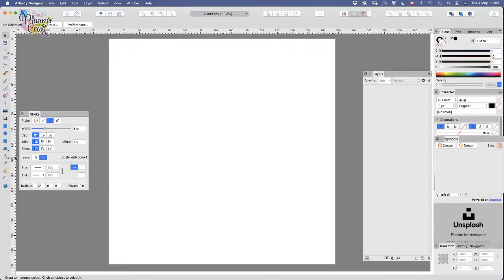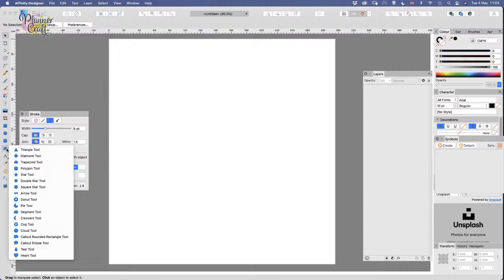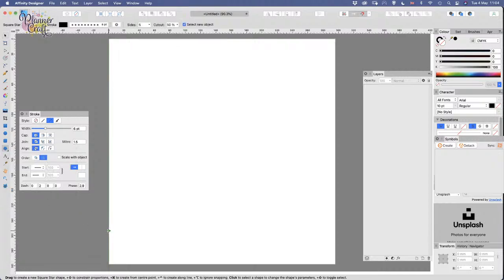So I'm going to start off with playing with just basic shapes. It doesn't matter what size document you're working in, I just want you to actually have a little go at this one, particularly when you're in the book group. So I'm going to show you a few different little tricks and tips. So I'm going to go to the square star tool,